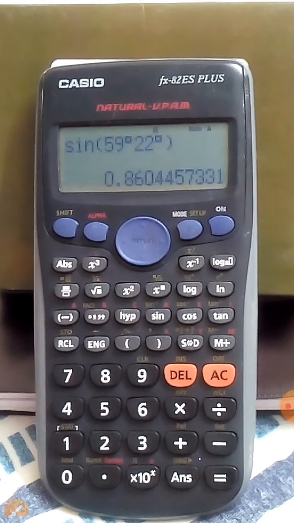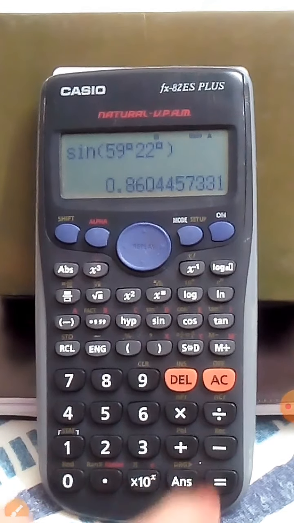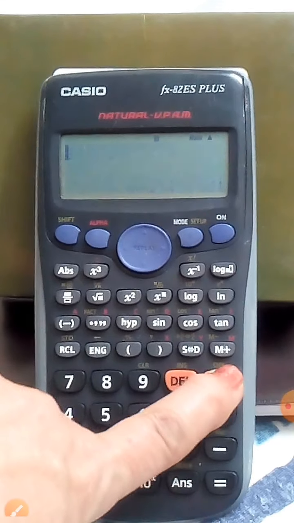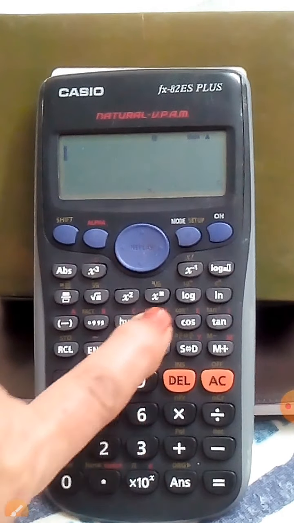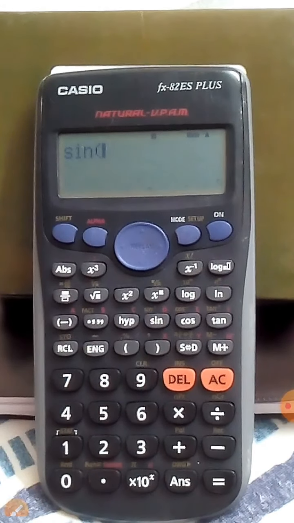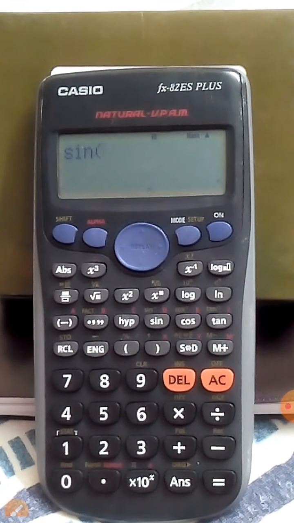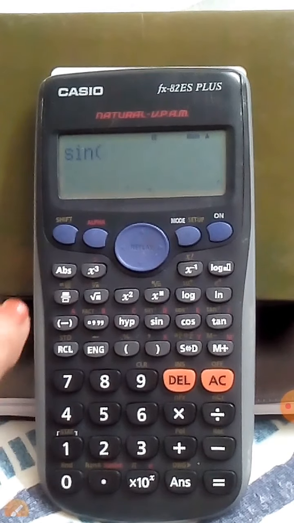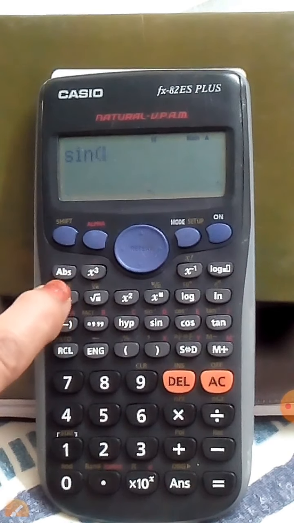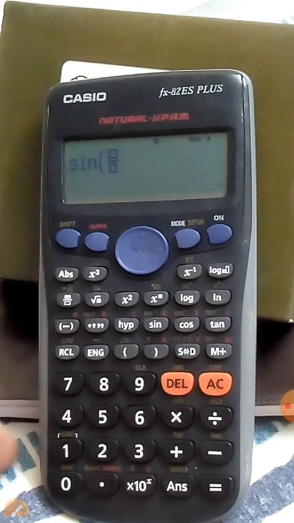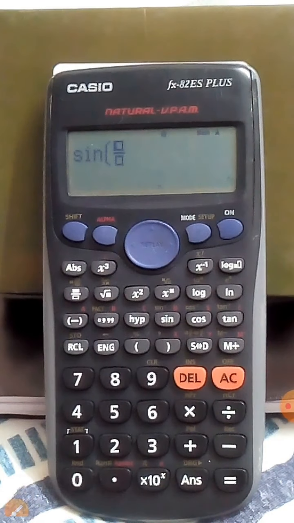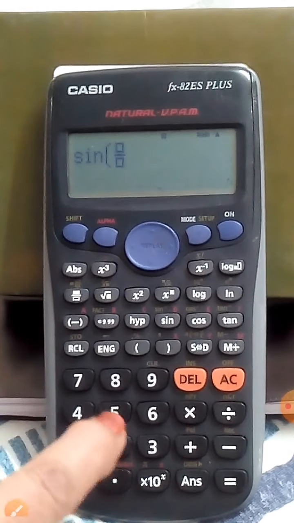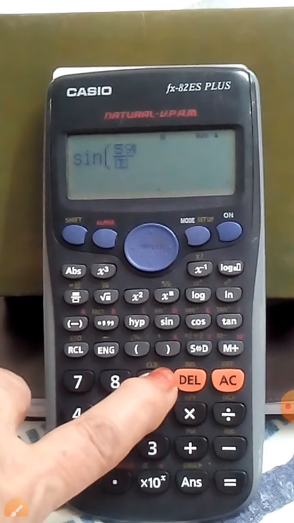Now in our problem, let's see how we are going to calculate the numerator and the denominator. Sine. Now within the bracket there is a fraction. So use this symbol over here. So press this. Now you can see the cursor is in the numerator. So our data is 59 degree.